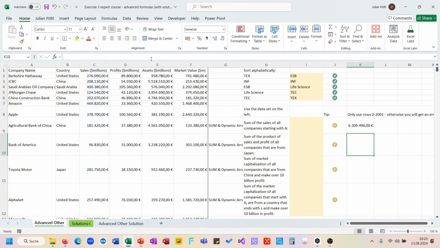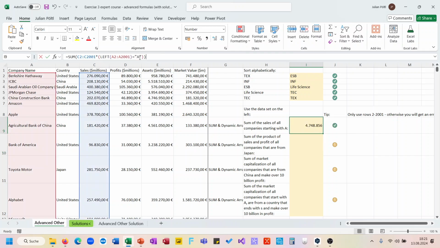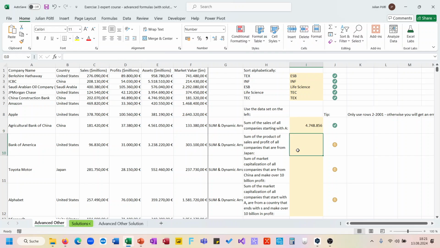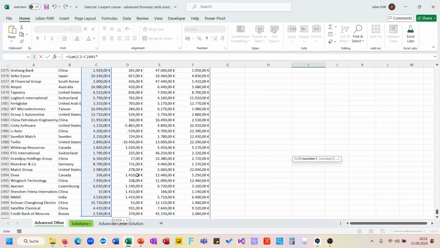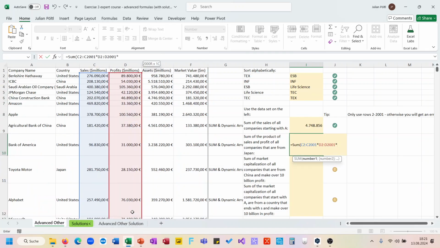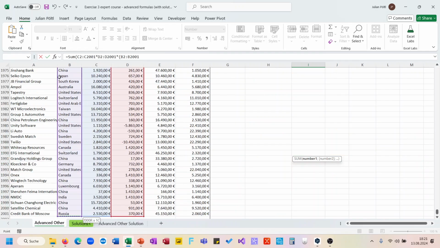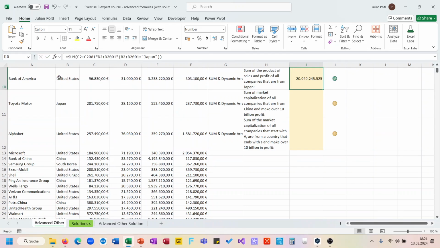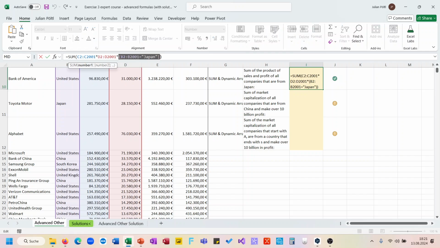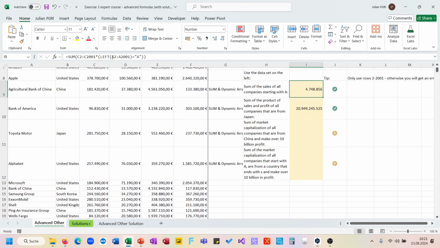Then we put the SUM function around this and put, oh, not with C, with A, sorry, and put it inside here. Then we should sum the product of sales and profit from all Japanese companies. So sales multiplied with profits if country equals Japan. Here you need those in brackets as before, because this will be a true-false value. Also here,